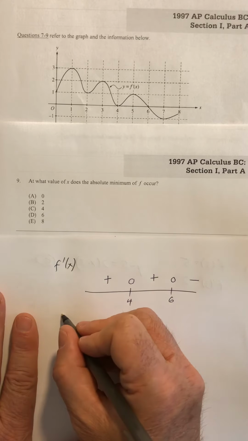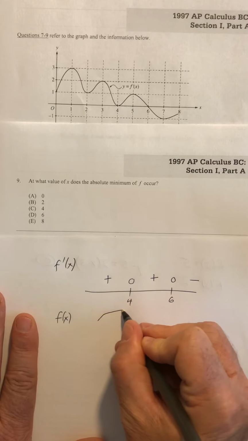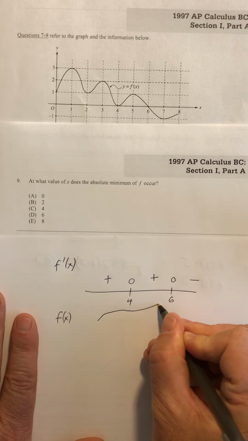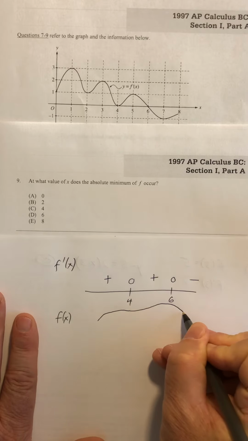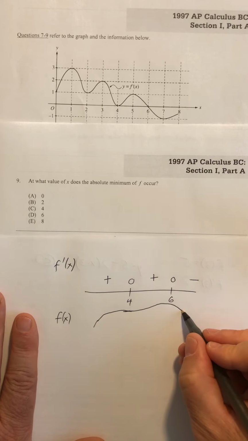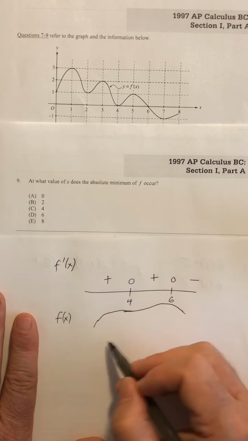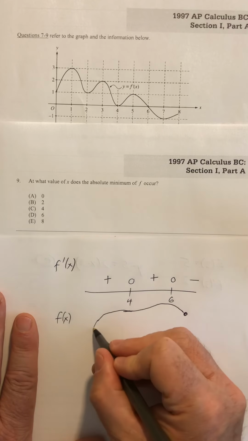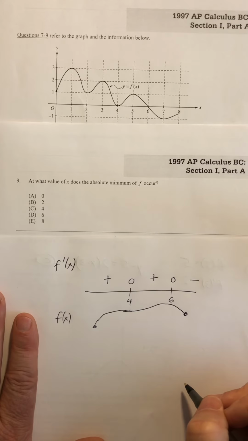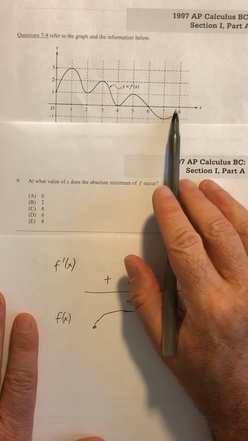And so my graph of f is increasing, flat, then increasing, and then decreasing. So I can kind of see the behavior, the shape of this graph. There are no relative minimums, so that means my absolute minimum has to be either the right endpoint or the left endpoint. And it actually could be either, but when I look at the graph and I think about the